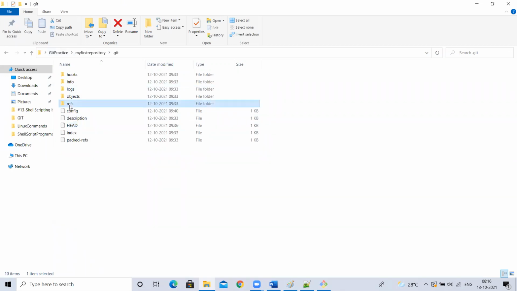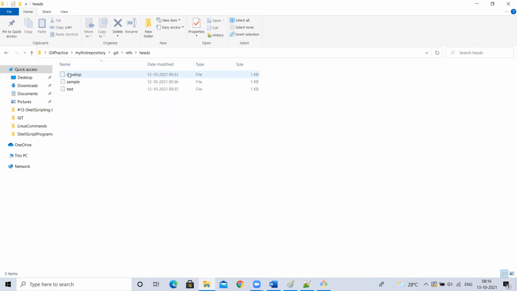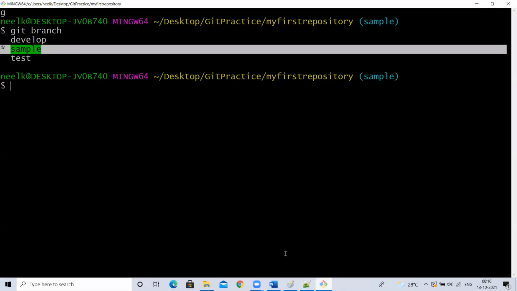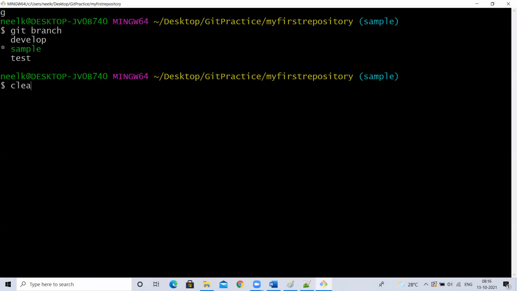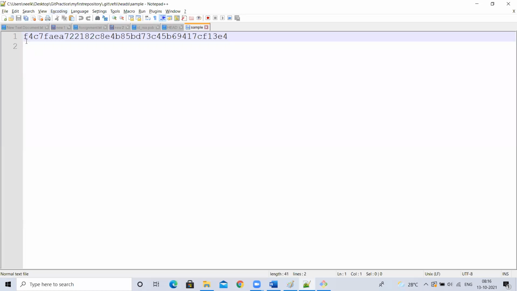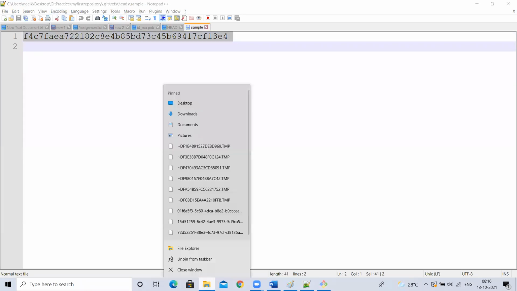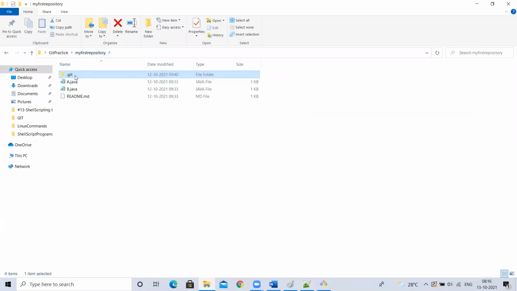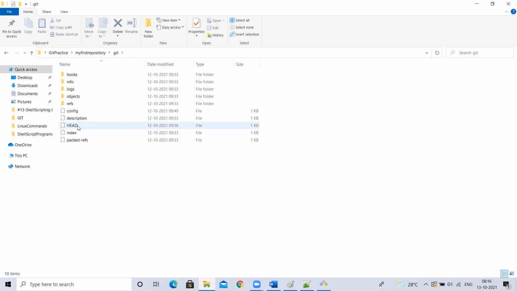Now, what is the path? refs/heads/sample. This file should contain the latest commit ID. If I type git log, what does it contain? The latest commit ID, F4C something. Is it the same? Yes. This is not required, but I'm giving it for knowledge purposes. So always in your Git repository, there is one HEAD file.